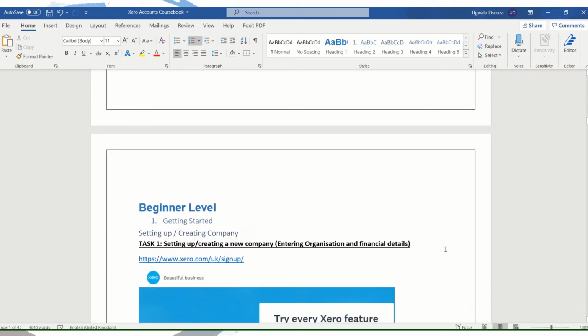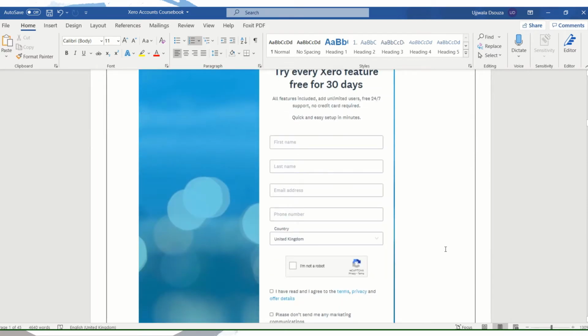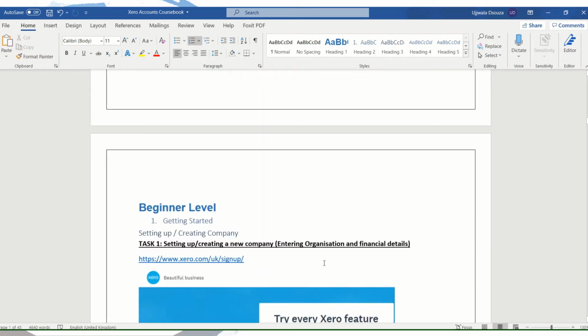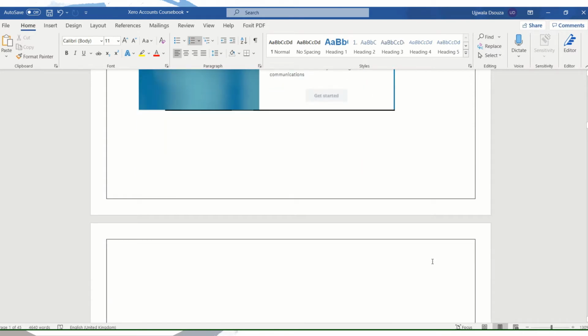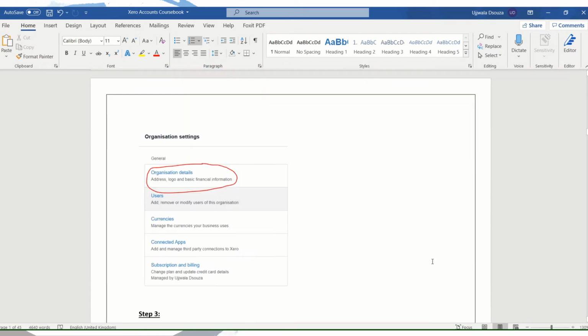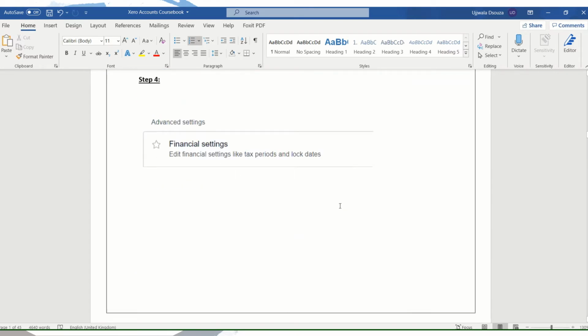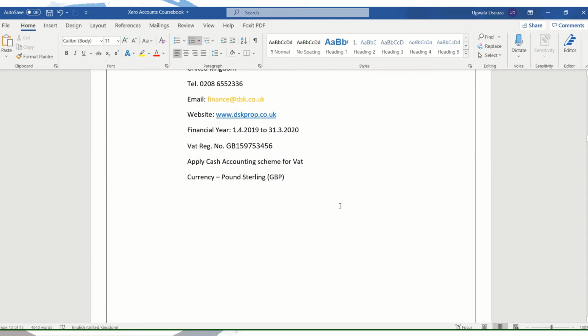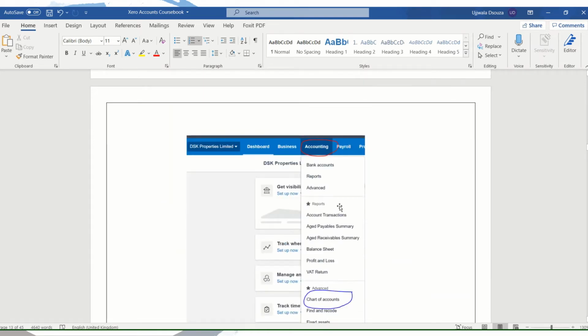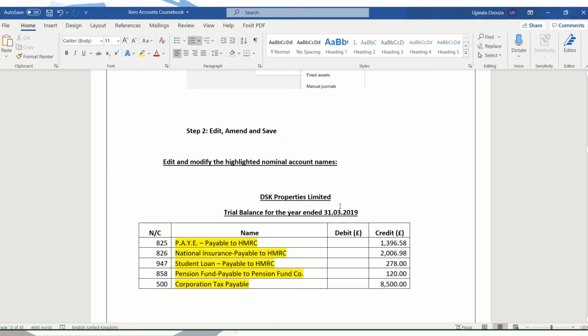Next, as we go task by task, I will be adding screenshots with a step-by-step guide, just in case you miss that information in the video. So you can always refer to the course book. This course book is in line with your videos. This is the screenshot, as you can see, of how to activate your Xero account, and I have highlighted the functions you will be looking at and how to enter these. These are the screenshots and step-by-step guide I have included.